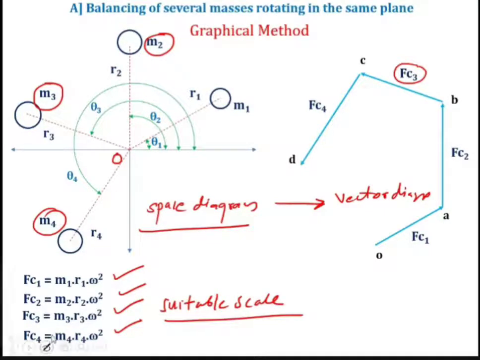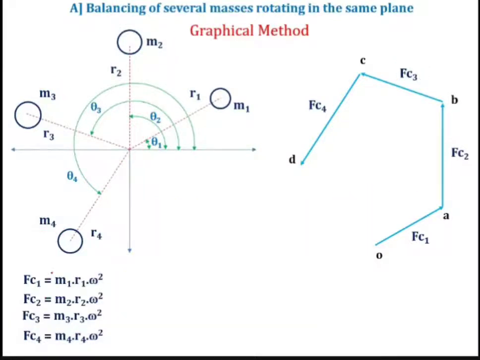Okay. Now, what is remaining? Now, all the masses are finished. Now we have to close this force polygon, right? So let us say close. So how will you close? You have to always start from this point O, that is the starting point, and what is the ending point? D. So join this line OD with the help of a dotted line and mark the arrow like this. In which direction? From O to D.